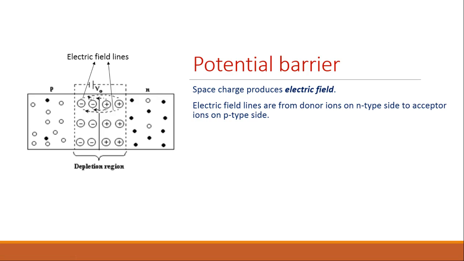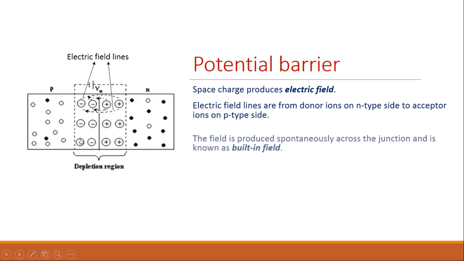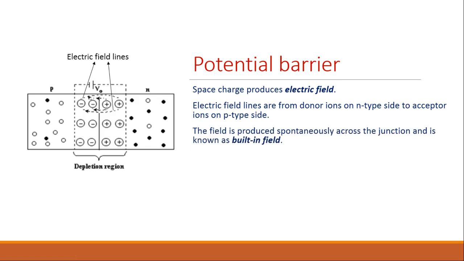Electric field lines are from, we say, donor ions on the n side to acceptor ions on the p side. The field is produced spontaneously across the junction after the diffusion process, and it is known as the built-in field. It is formed automatically inside the diode due to the diffusion process. Now, this field stops the diffusion of holes from the p side to the n side and of electrons from the n side